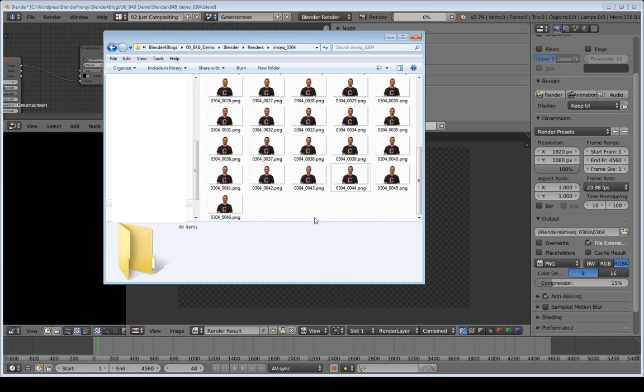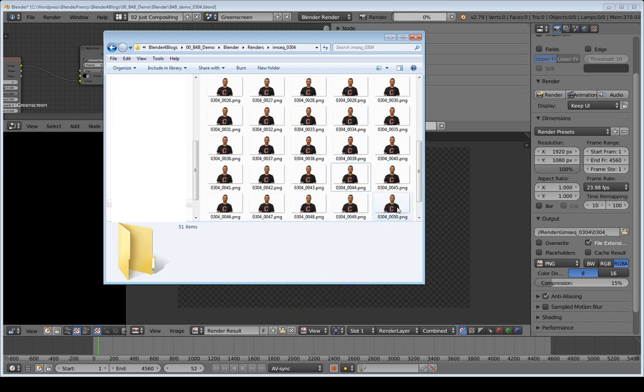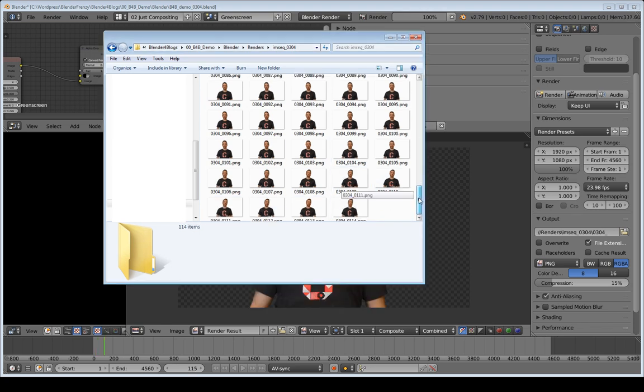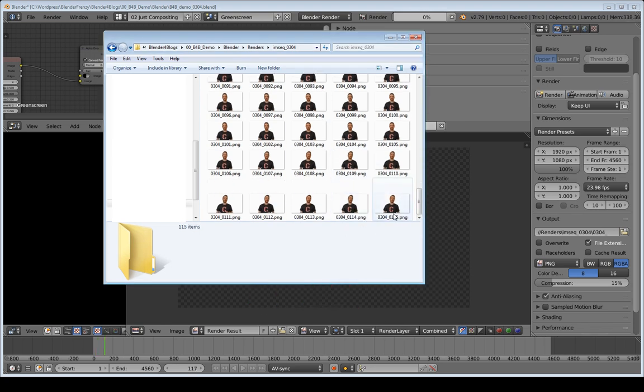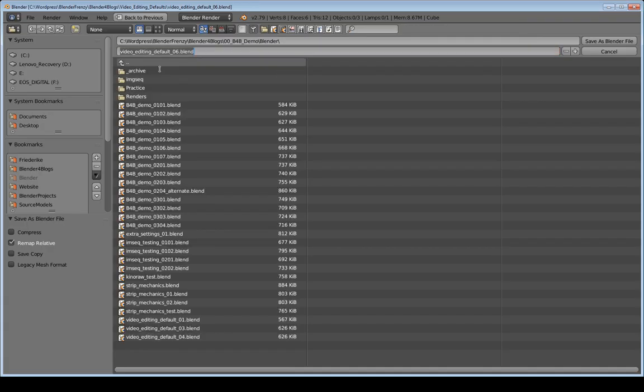I'm going to let it render about 5 seconds worth, which is approximately 125 frames. So I'm going to let that render out 125 frames, and then we'll come back. Okay, so we are almost at 125 frames here. So I'm going to open up another instance of Blender, and I'm going to open up Video Editing Default, and I'm going to rename it. I already started this here, let's do just Image Testing 101,